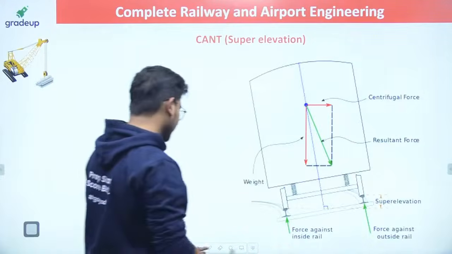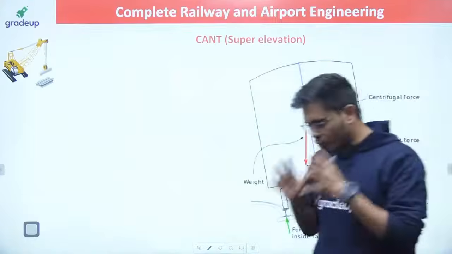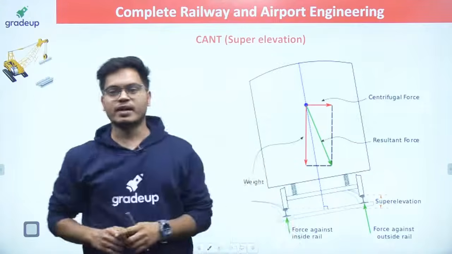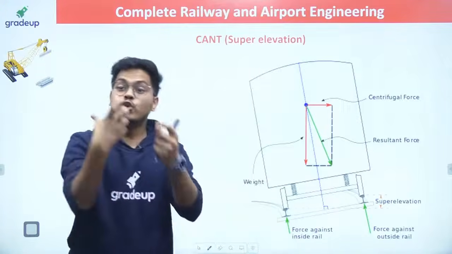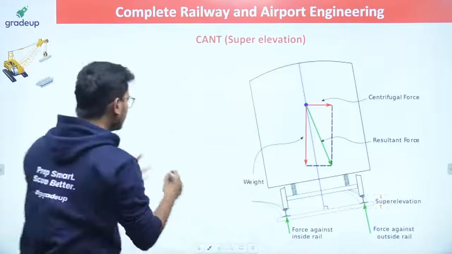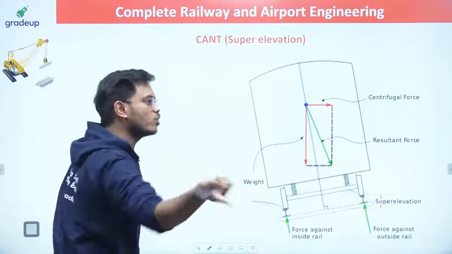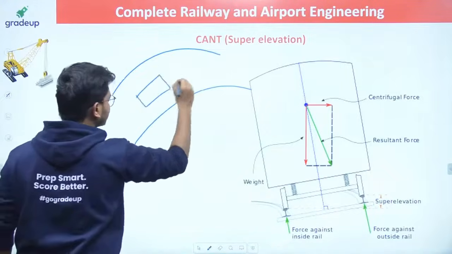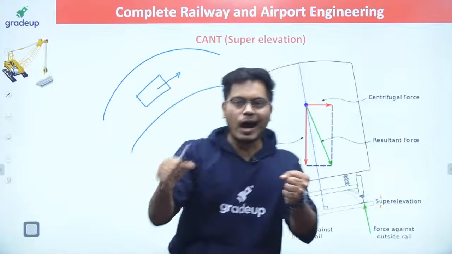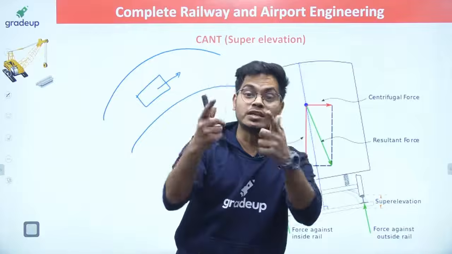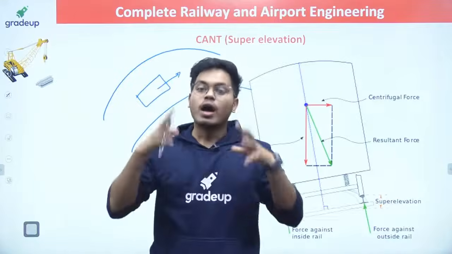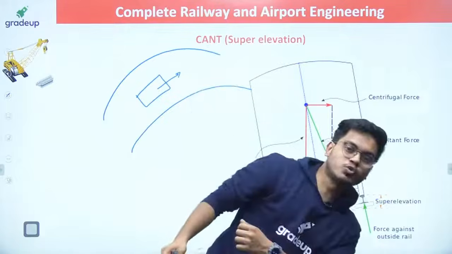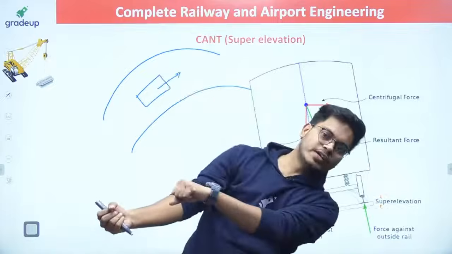Now let's talk about the CANT, or you can say super elevation. Okay. Now understand. Suppose we have a curve on the track. Let's take example of highway only first. So we have this curve on the highway. Suppose the car is like this and we are moving in this direction. When we turn the car in the right direction, our body and the people who are sitting in my car, their body tend to go in the outward direction. I'm turning right, bodies are going in the left direction.